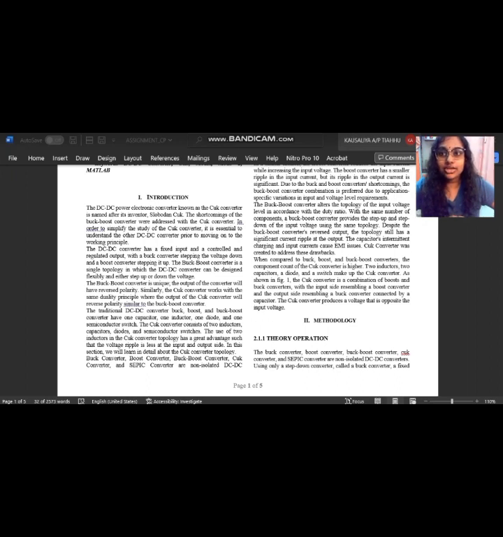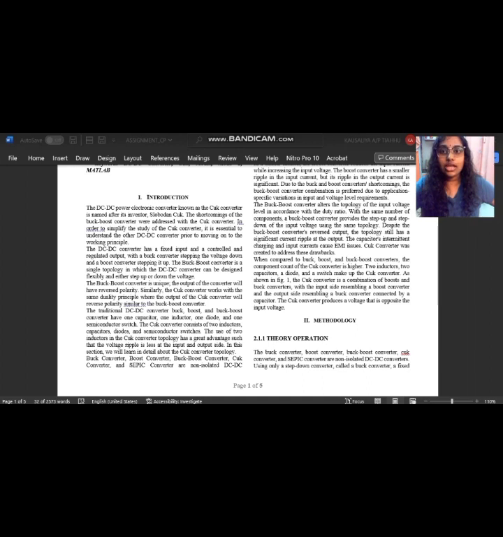Traditionally, DC to DC buck, boost and buck-boost converters have one capacitor, one inductor, one diode and one semiconductor switch. But the Cuk converter consists of two inductors, two capacitors, two diodes and two semiconductor switches. The Cuk converter topology has a great advantage such that the voltage ripple is less at the input and output side. When compared to buck, boost and buck-boost converters, the component count of the Cuk converter is higher,